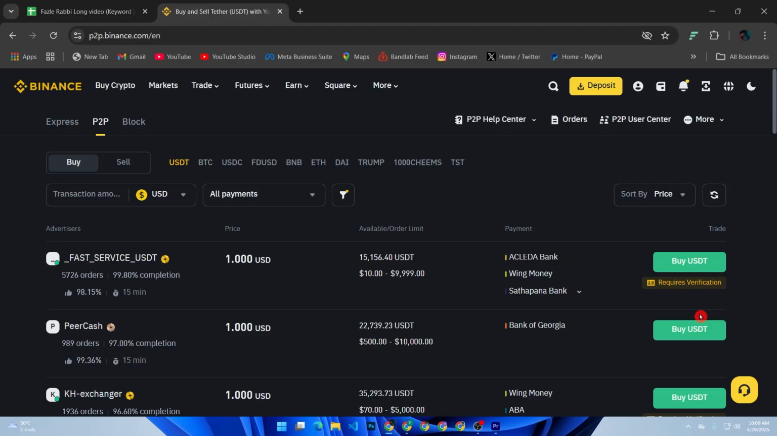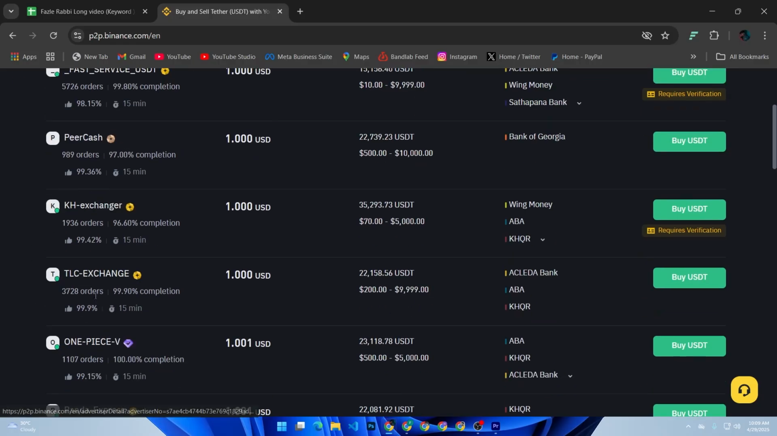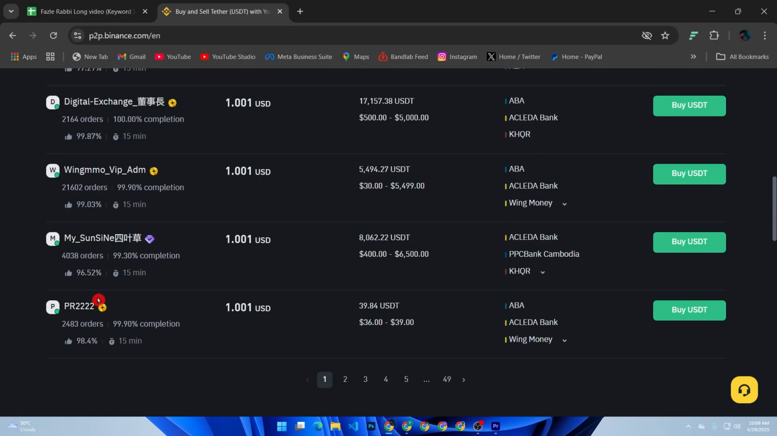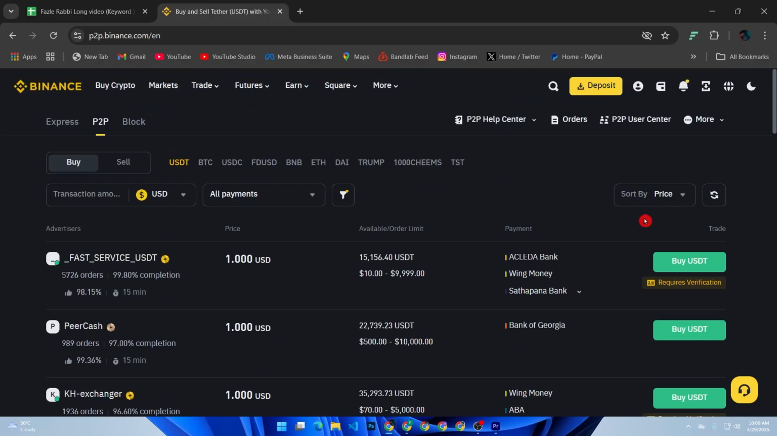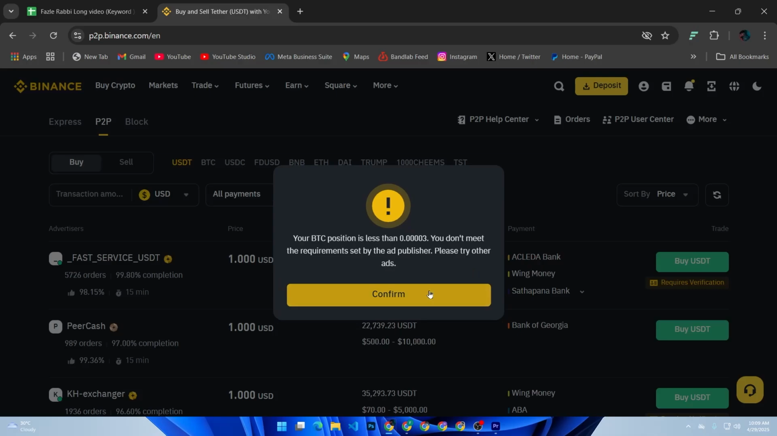Look for sellers with a high completion rate, at least 95%, a good number of trades, and positive reviews. Click on a seller and double check their minimum and maximum limits. Tap buy USDT,